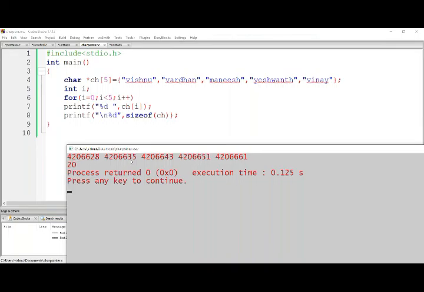Sorry, 8, sir. 1 2 3 4 5 6 7, again the null character requires 8 bytes. Do you observe this one? Next, what is the difference between 51 and 43? 1 2 3 4 5 6 7 8. Again 8.